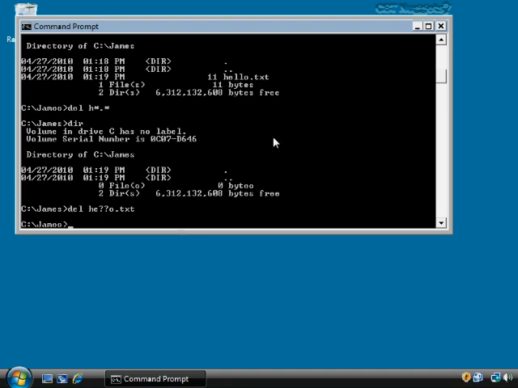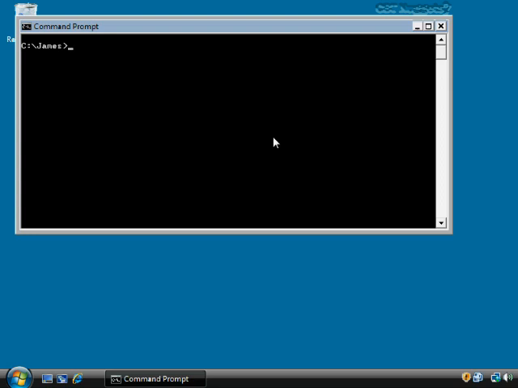Now let's also navigate our way around the file system here as well. So you see here I'm in the James directory. Let me clear the screen here to give it a little bit less distraction. And what if I wanted to change back to the C drive? Well, I would do a CD for change directory, and then I would do .. or period period if I wanted to just go up one directory level, which in this case would be the same as going to the root.